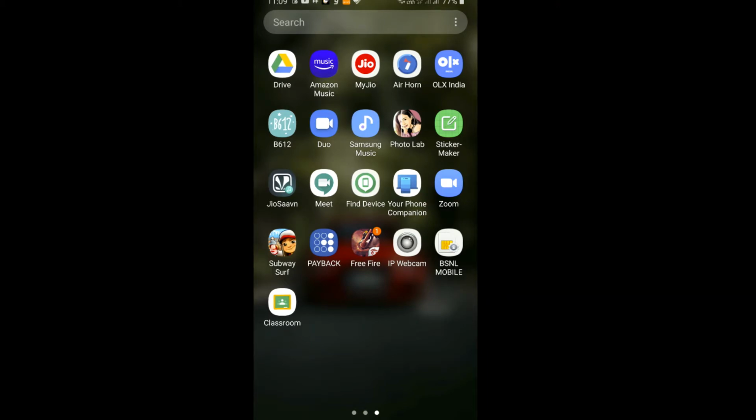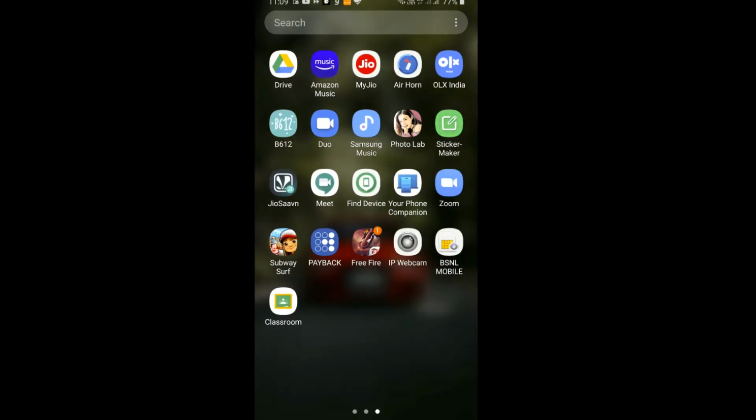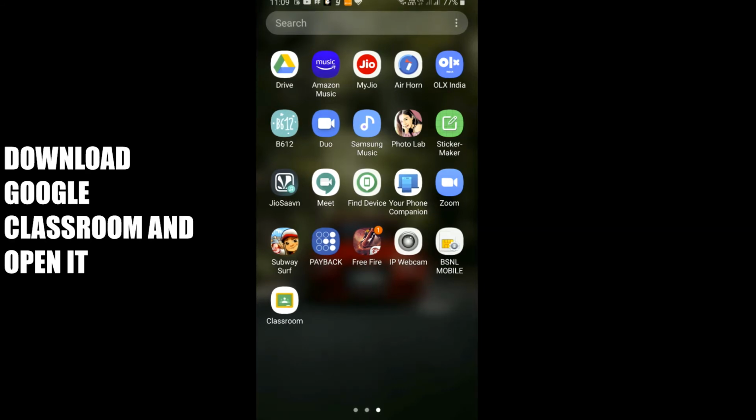So many PDFs are sent on our WhatsApp groups, but if we read and write from our mobile, our eyes get strained a lot. So why not use our eCM tab, legally and fully? What you have to do is go to the Google Classroom